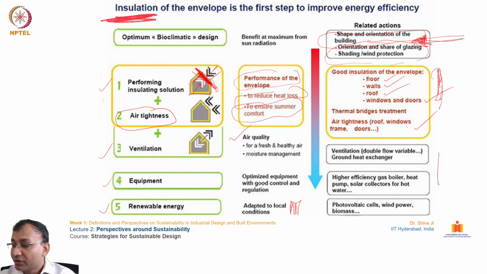And ventilation. In the renewable energy sector portion, if you see, there are some efforts in recent decades made for photovoltaic cells, wind power, biomass, and all. For example, these days a new concept has come up, net zero energy buildings. So Indira Paryavaran Bhawan in New Delhi, India, is the first net zero energy building which generates its own power, more than 100%. It utilizes the power requirements from the site itself, and it supplies to the grid whatever excess energy it generates.